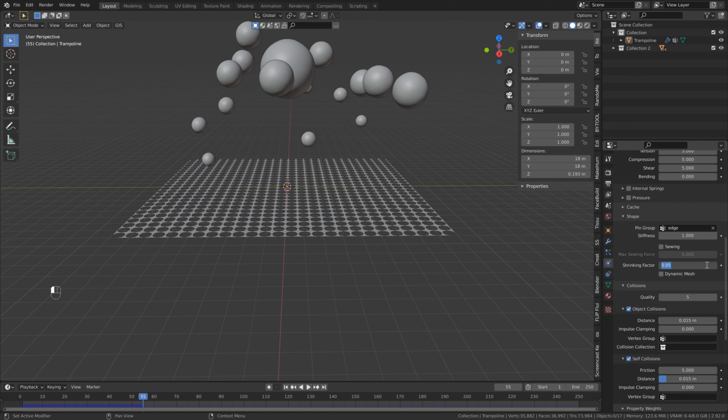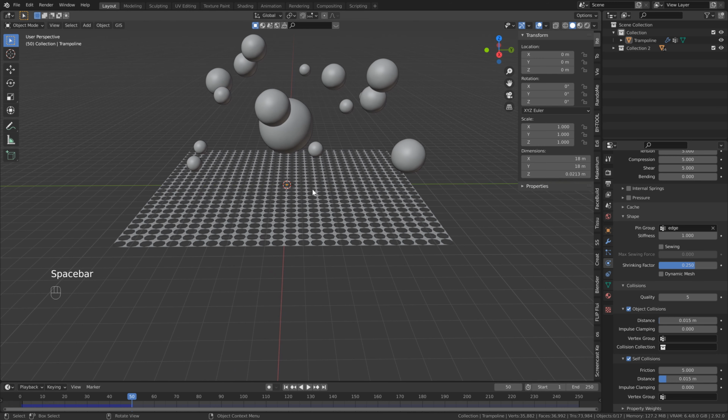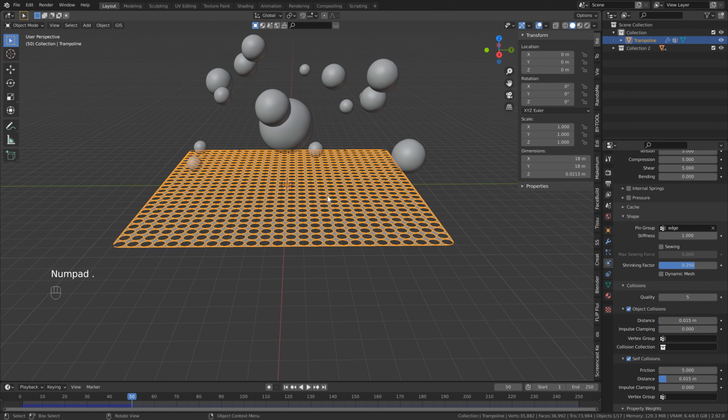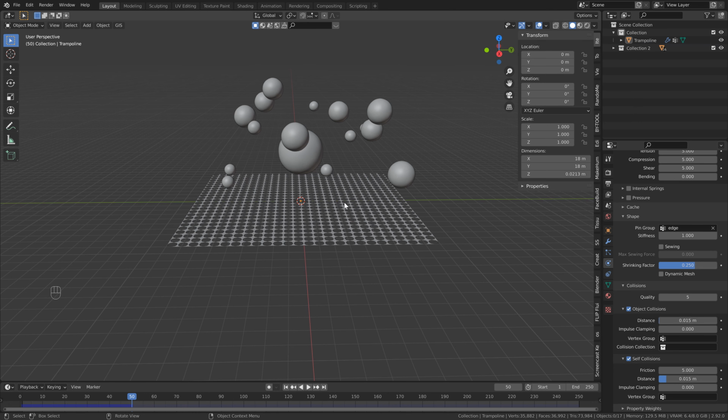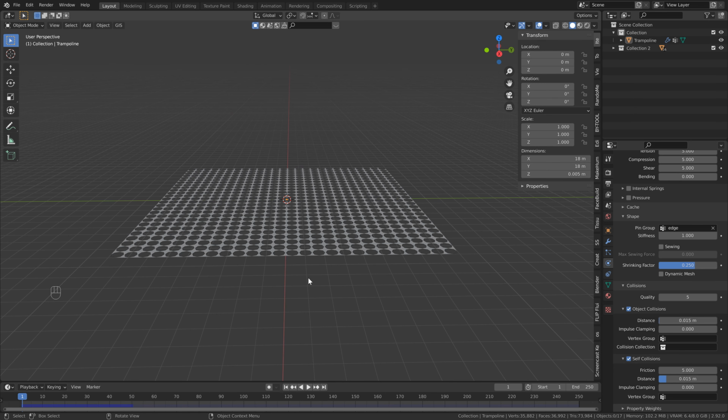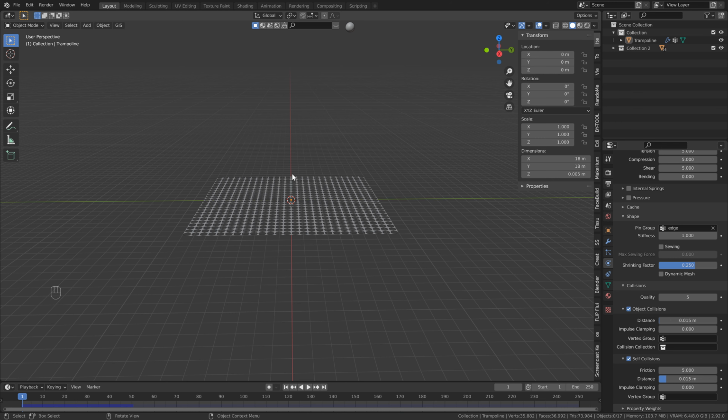I'm just going to go halfway in between for now, so 0.25. And again, always just take this as a guide. Every simulation is going to be different, so you want to make sure that it's working for your simulation. Now we can move on back to frame 1, and then we just want to add the frame for our